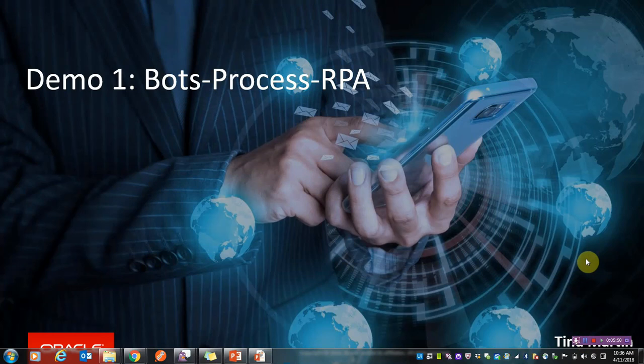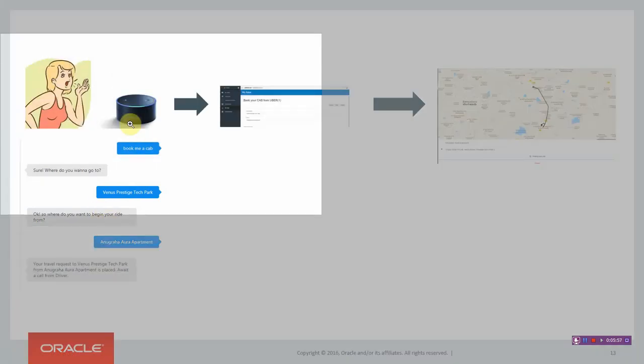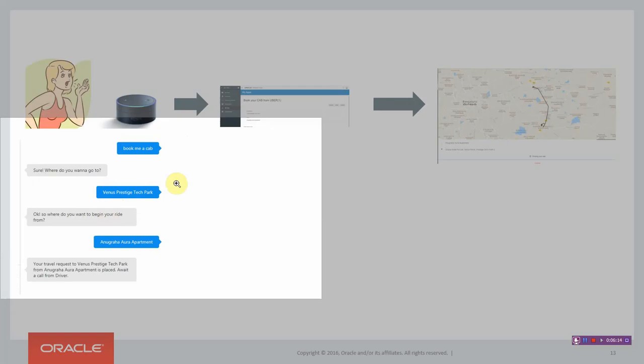So coming to this, if you can see over here, it works like a simple app just to demonstrate the RPA capability. So currently, I've used a system where a user can talk to Alexa, which internally communicates with our IBCS chatbot,